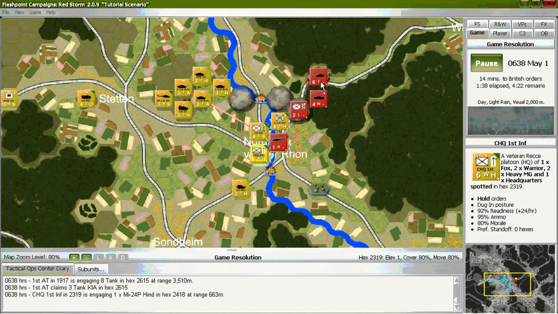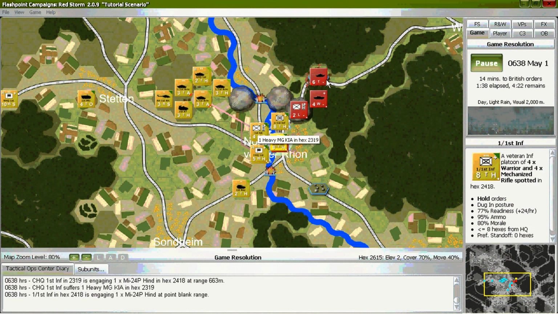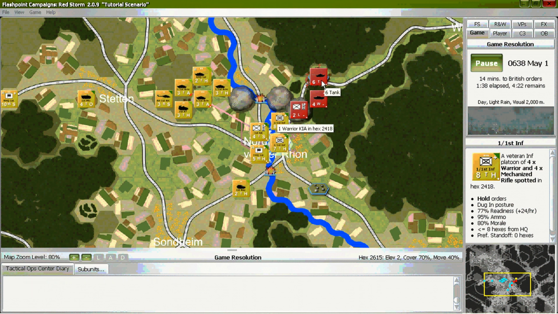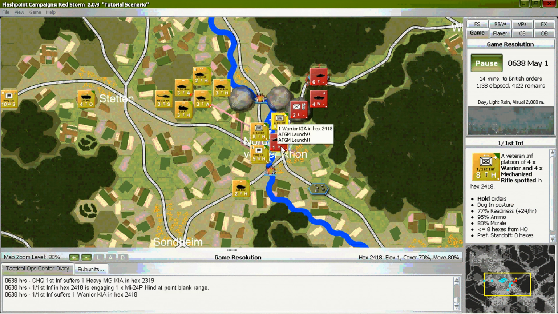Artillery and tank direct fire continue to take a heavy toll on the enemy tank company. A helicopter flies over the town and holds position.